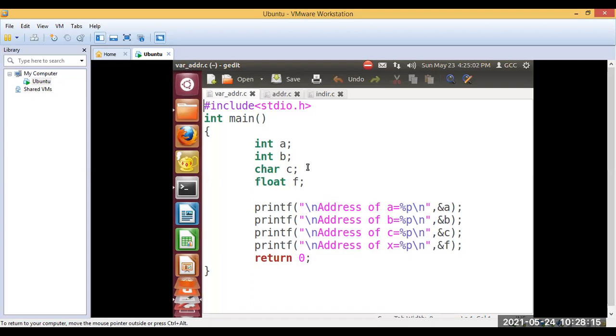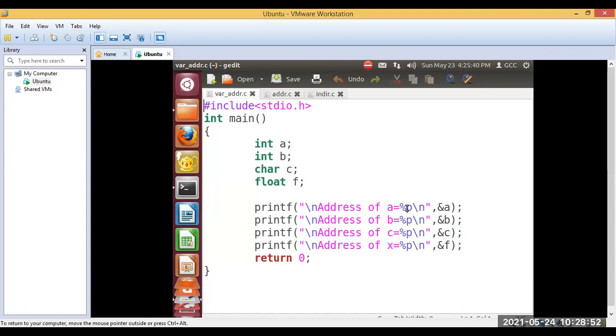Now I have 4 printf statements. What are these printf statements doing? They are just printing the address. We are just trying to understand where this particular variable might be stored. Also observe, I have not initialized these variables. We are trying to understand how to write a printf statement if you need to fetch a particular address. I have written here: address of variable a is equal to %p.